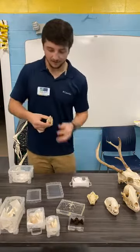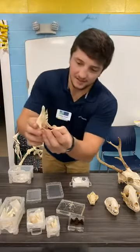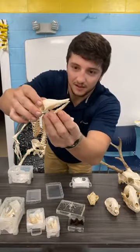Whose jaw is separated? Okay, this one's kind of cool. Who do you think this is? Look at this dude's teeth. They're like little nubs, little stubs. And so if you put them together...